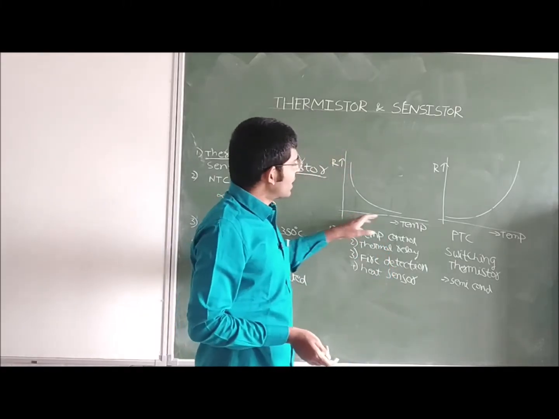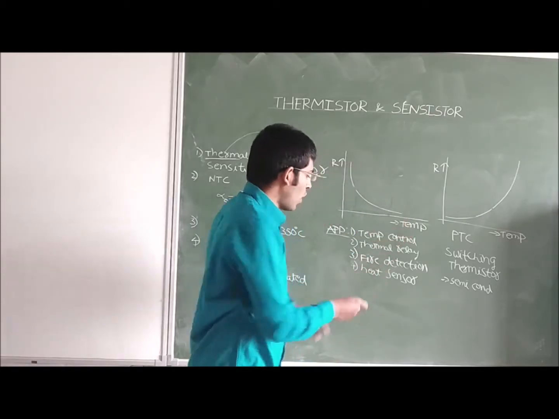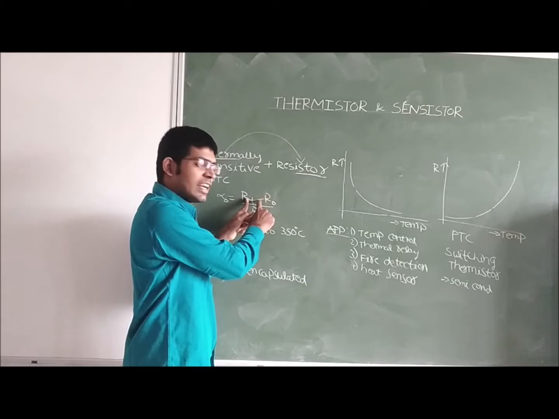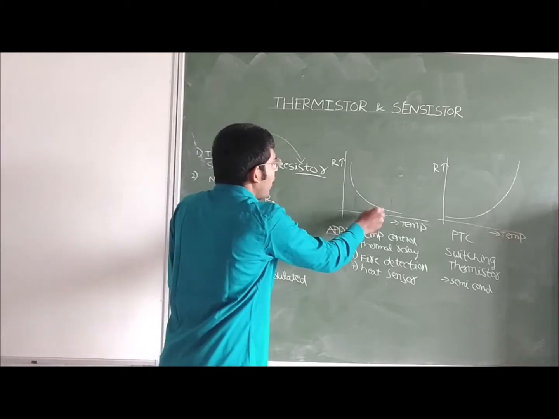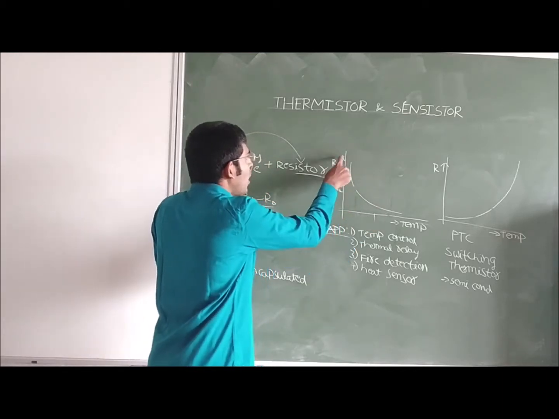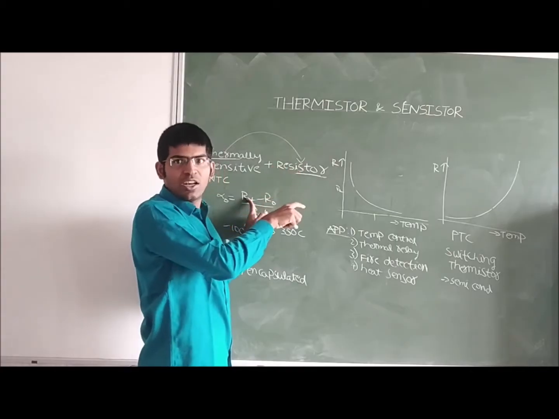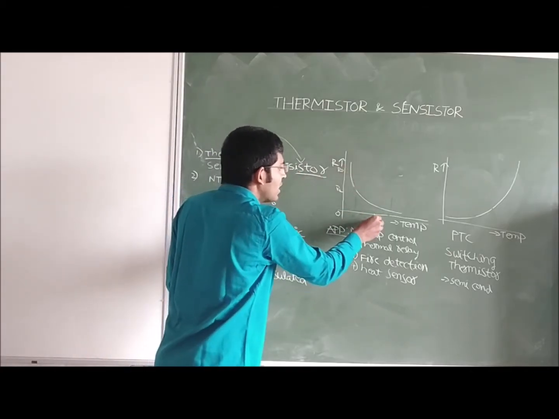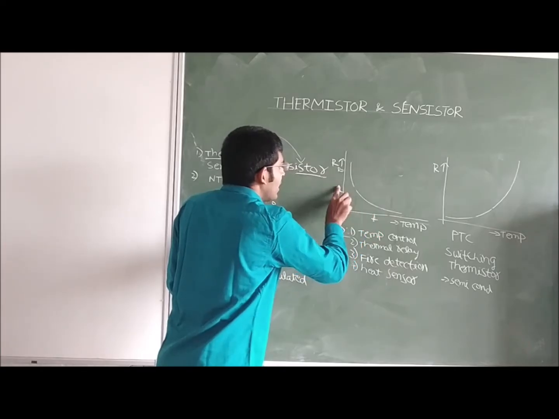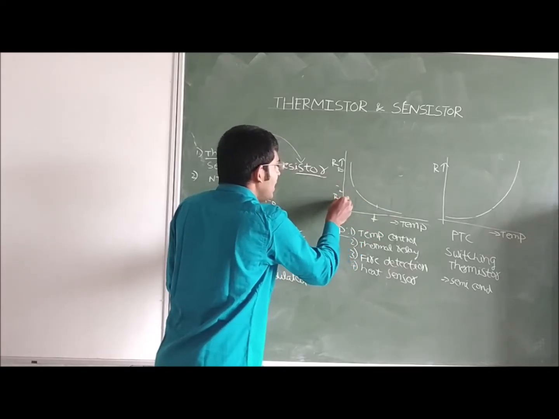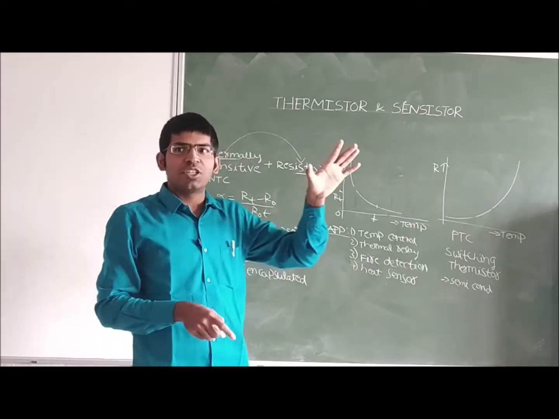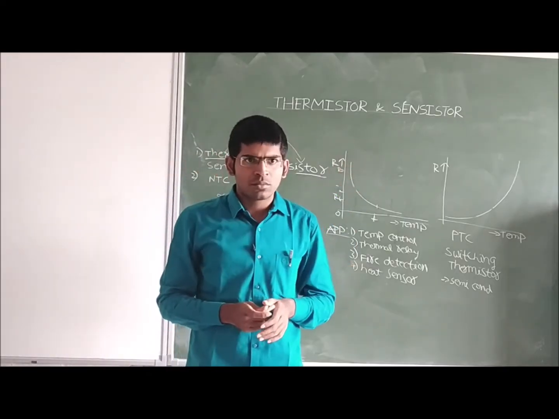When temperature increases, resistance value decreases. So what happens to this RT minus R naught value? Negative. Because the final RT value is small compared to initial R naught value. At the initial stage, for example, the resistance is R naught; at a temperature T, the resistance is RT. So RT minus R naught value is negative. So temperature coefficient value is negative.